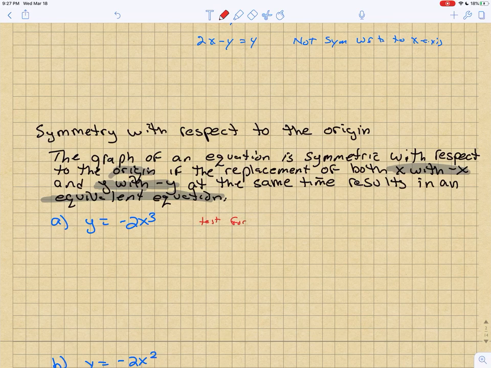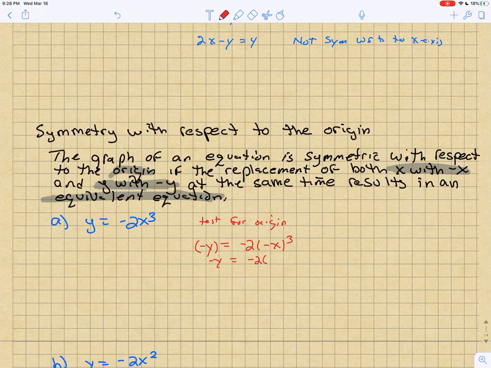So, test for origin. We're going to replace y with the opposite of y, and x with the opposite of x. I get minus y is equal to minus 2 times, well, that's a negative x cubed, which gives me minus y is equal to 2x cubed. That's not the same, but